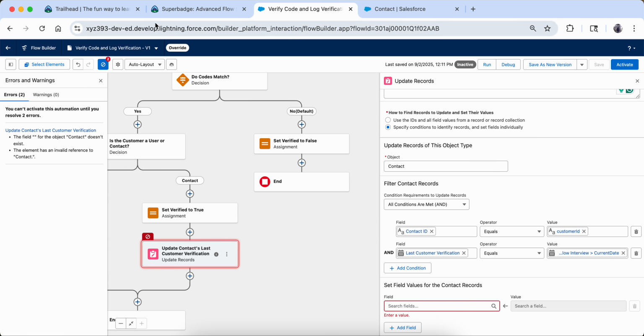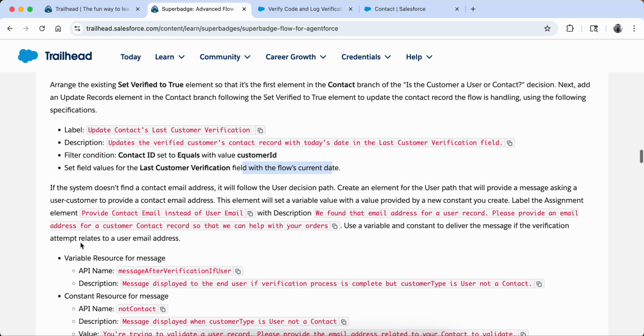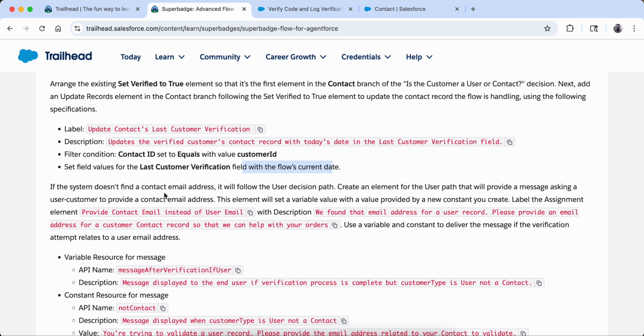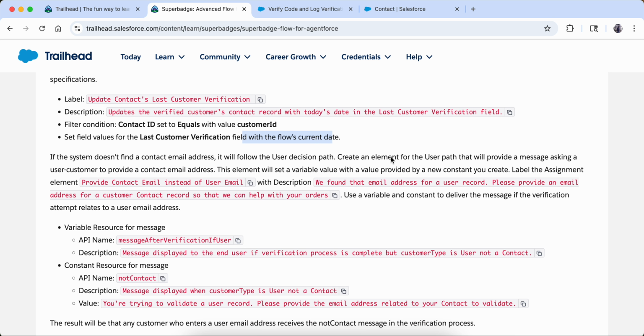So let's see now what we have to do next. If the system does not find a contact email address, it will follow the user decision path. Create an element for the user path that will provide a message asking the customer to provide an email address. This element will set a variable value with a provided value.